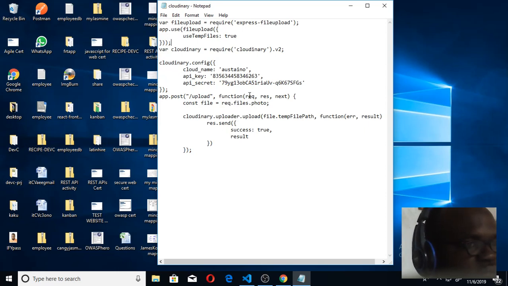So it's going to be a normal endpoint, route /upload. It's going to have this function that has the req and res objects. This is actually a middleware. So the file is going to be saved at req.files.photo. Then I'm using the uploader function of Cloudinary to get this into a temporary file, and if it works,